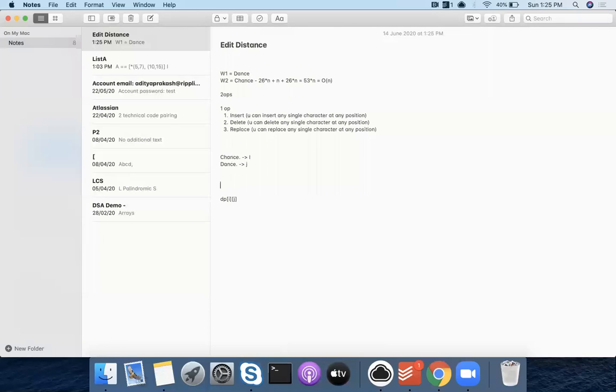dp i j means that in word 1, the substring from 0 to i, and in word 2, the substring from 0 through j, for these two substrings, let's say I know the solution somehow.